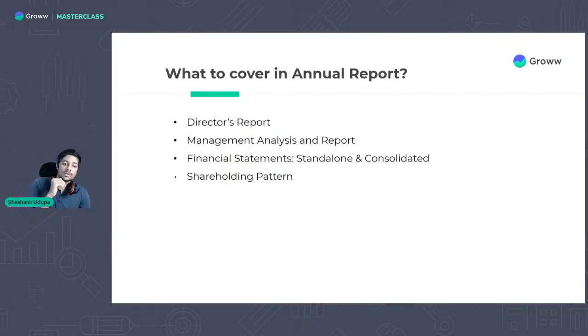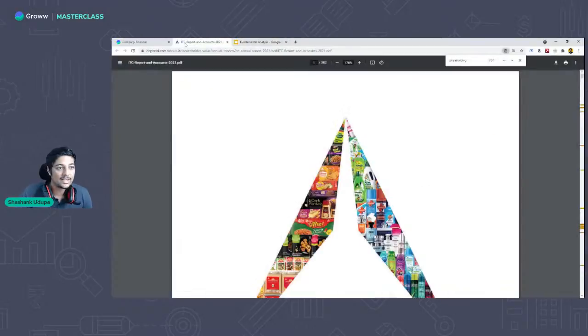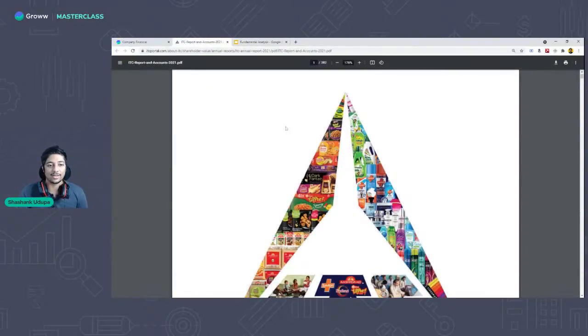But I'm not going to do what a lot of other people do, who will just show you this and tell you, okay, go read this by yourself. What we are going to do here at Groww is go inside an annual report and show you in real life how it works. One second. So we're going to go directly inside an annual report and I'm going to show you how this works. Okay, so now this is an annual report of a company that all of you might have heard quite recently,